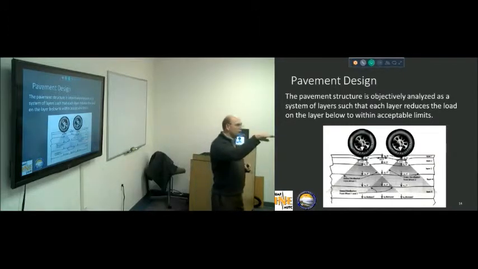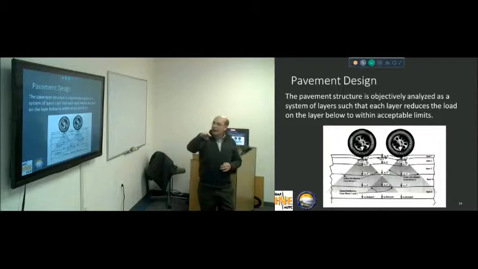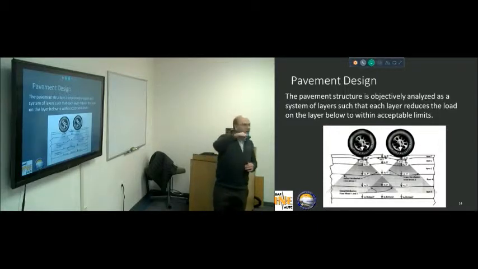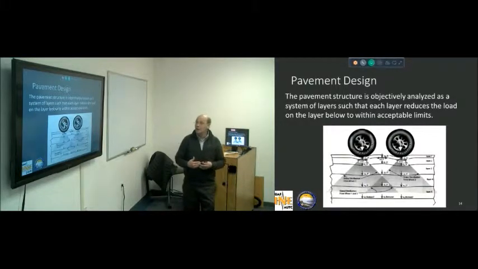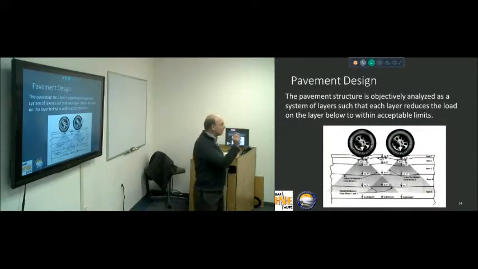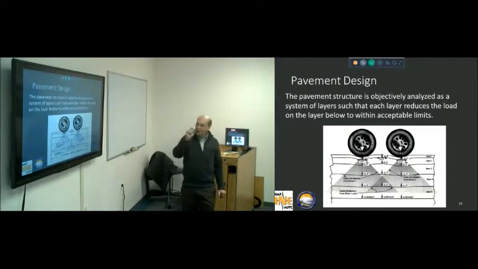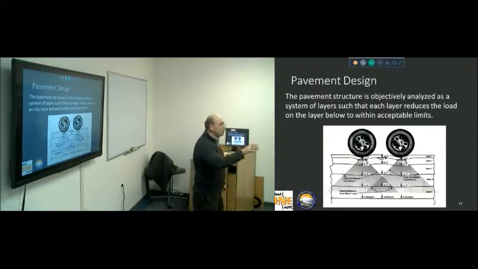We look at the horizontal strain. Okay, and that horizontal strain is a function of everything below that asphalt, as well as the asphalt itself. So they're all interrelated, so we want to keep that within acceptable limits. And we have design equations that will say if you've got a strain of, say, 100 microstrains, it will last